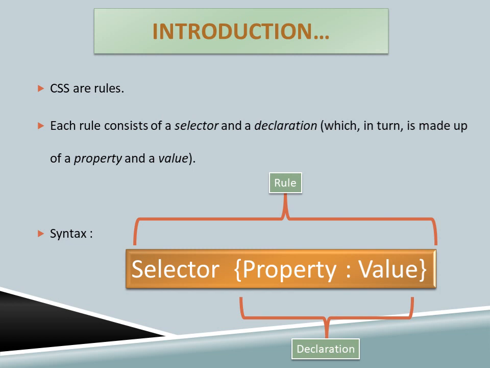So what do you mean by property? A property specifies the attributes that one wants to change corresponding to a selector, and the value is specified using value here. In other words, the value is the physical characteristic of a property, and the property declares what should be formatted. For example, on the next page we have different types of examples. Let's have a look at that.